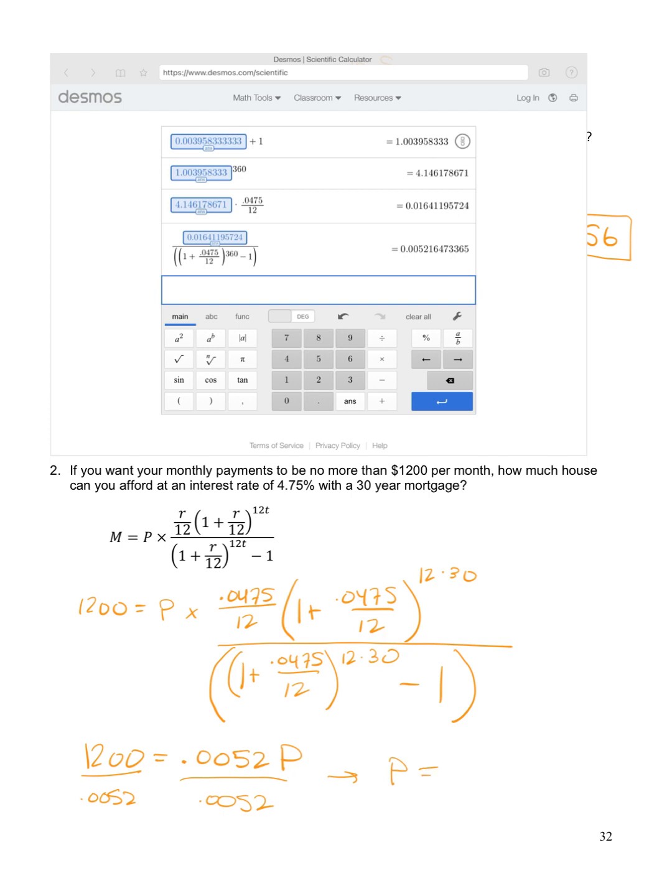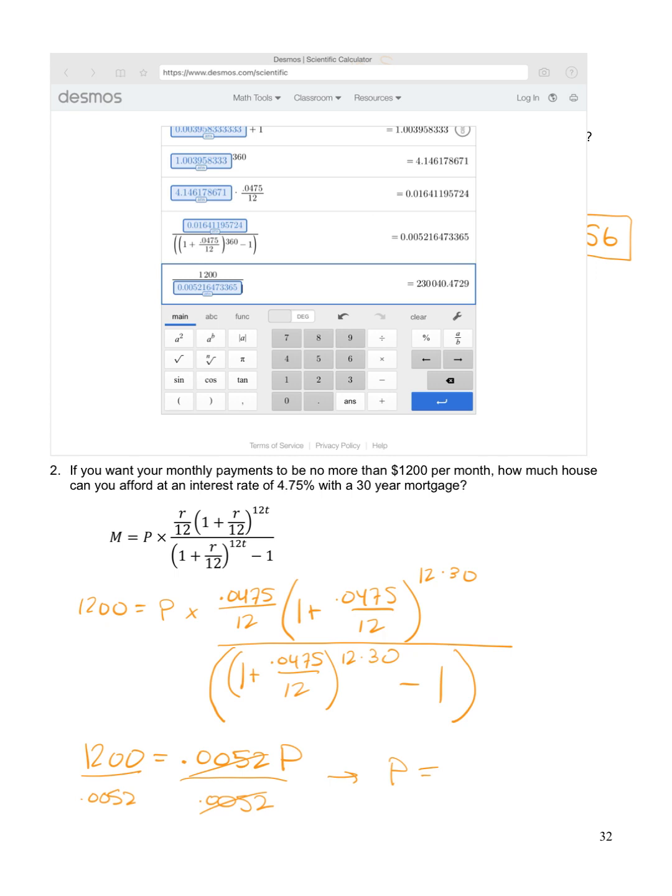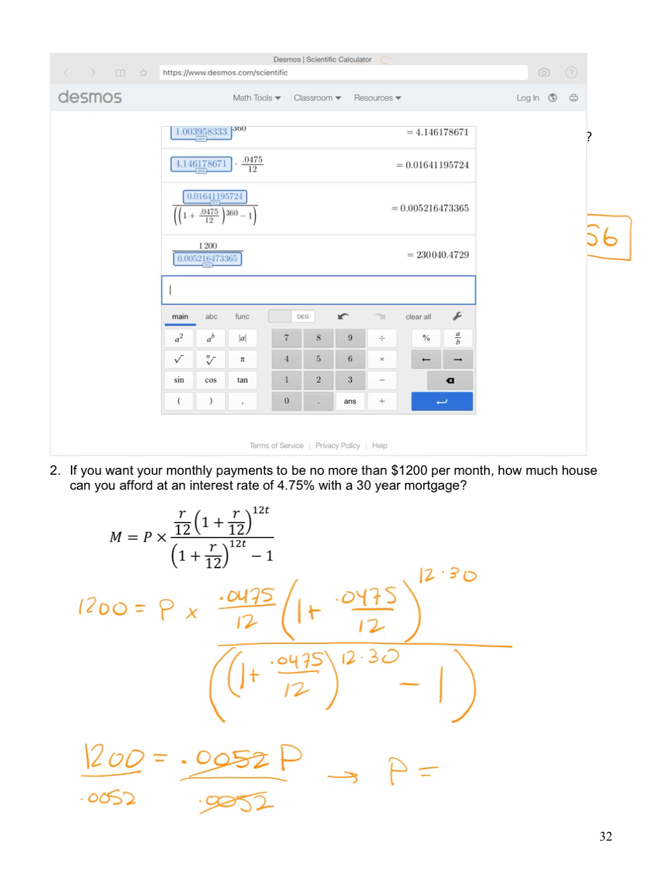And we get p equals, those cancel. Now I could just type 1200 divided by 0.0052, but I'm actually going to use the previous answer so that I don't round anything until the very end. So what I'm actually going to type is 1200 divided by, and instead of just typing 0.0052, a rounded version of the previous answer, I'm going to press previous answer, and it's going to use the number from earlier. And I hit enter, and I get